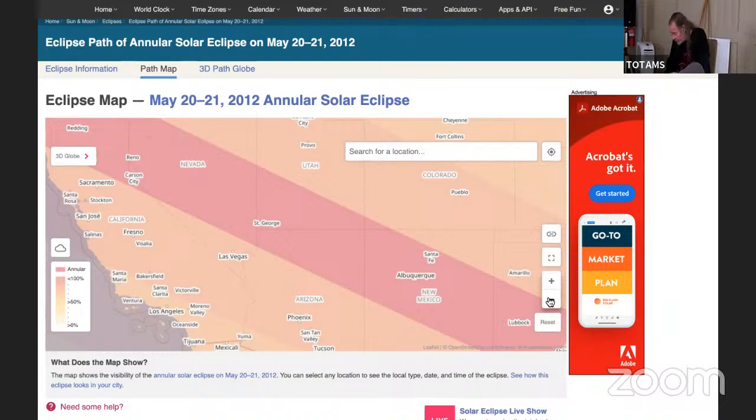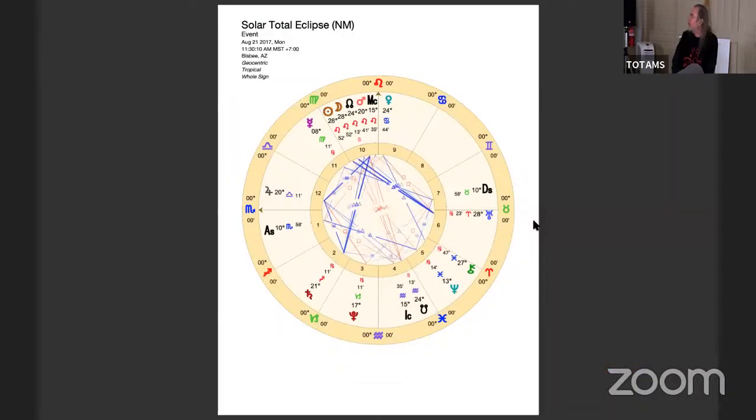Okay, so just keep that pathway in mind. Next we'll go back to the chart. Go to the 2017 chart. So now we go up to the 2017 eclipse that we were just speaking of, and some of us were there to see it in different places. And so this is the sun and moon 28